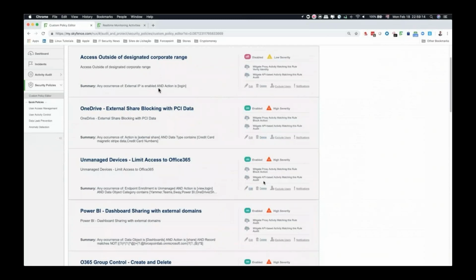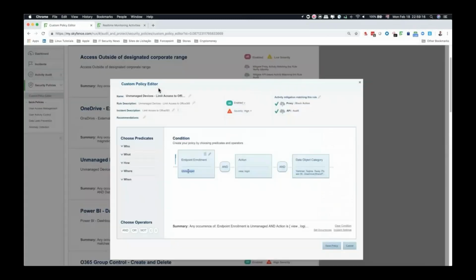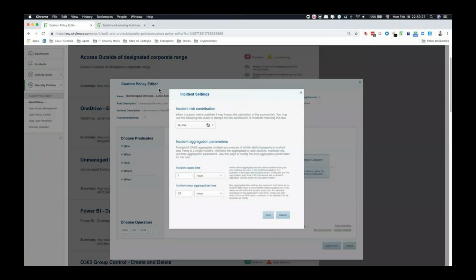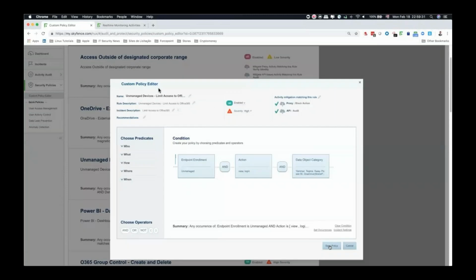If the endpoint is unmanaged and the action is view or log in, and it's to categories within Office 365, remember there's 700 that we can do, but let's say for simplicity it's Yammer, Teams, OneDrive, then we're going to block that. So let's block that from unmanaged devices.